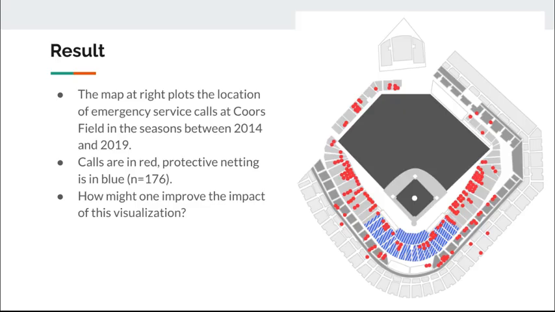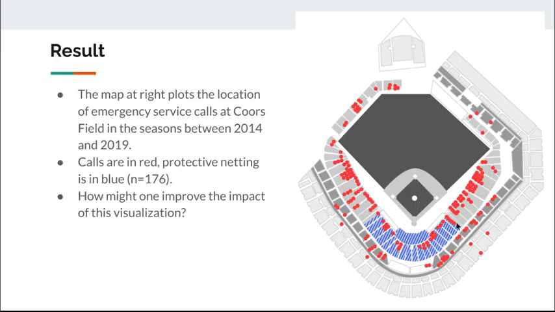Now, each call to the emergency, or rather to the first aid station, is noted in red. And where protective netting was located is shaded in blue here. So looking at this, it's interesting because it's showing us where injuries were reported. And an outcome of this project and the news reports and the concern about injuries in baseball stadiums was that